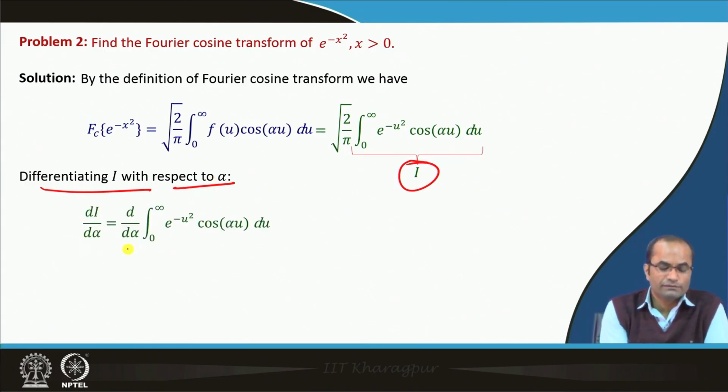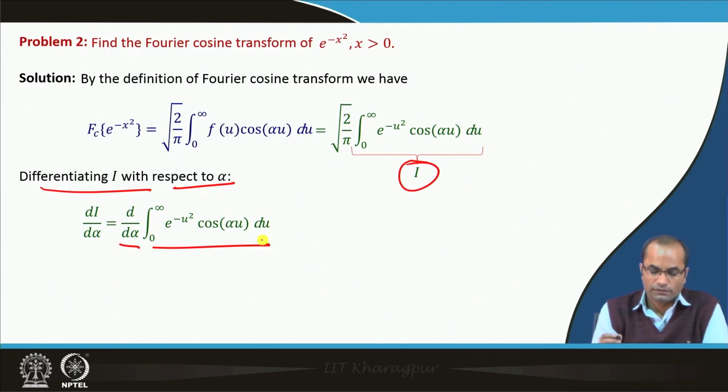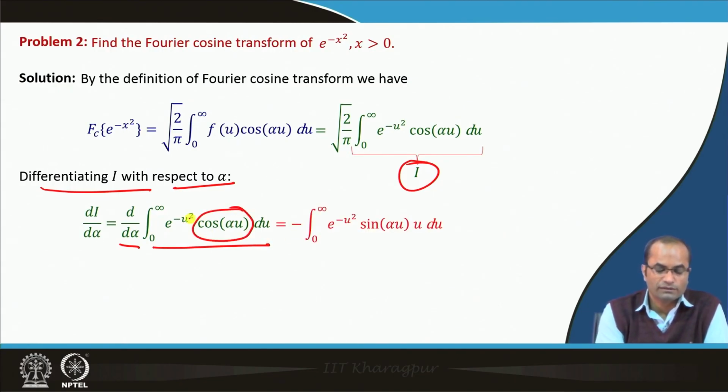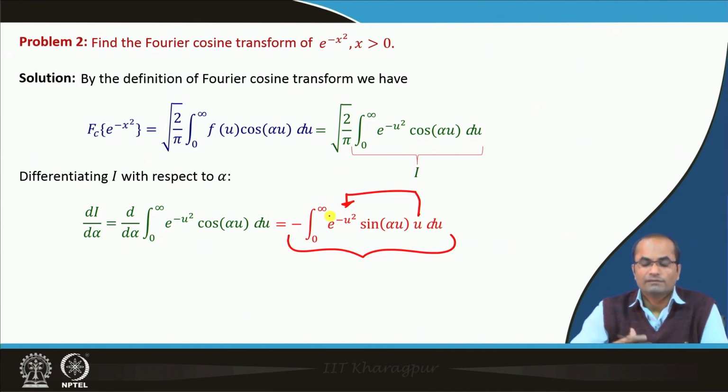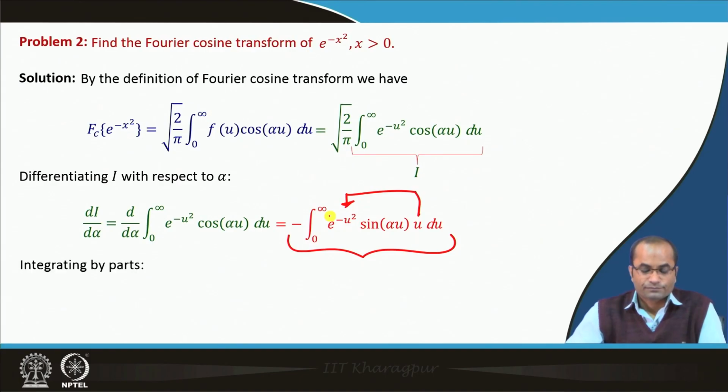So, when we differentiate this integral with respect to alpha, what will happen? We will get, because alpha is here in cos alpha u, that will become minus sin alpha u, and then one u will appear there. So, as du, and now in this new integral we can easily do, because this u will be clubbed with e power minus u square. So, that we can integrate this e power minus u square easily,